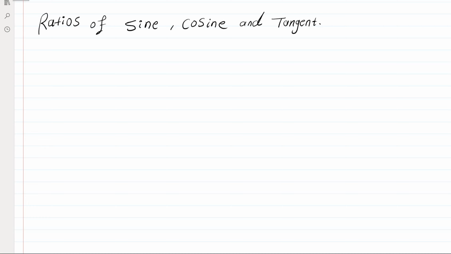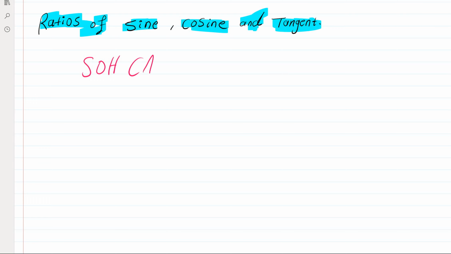Dear students, now let's learn the ratios of sine, cosine, and tangent. We have a word in order to remember the ratios of these three trigonometry functions, which is called SOHCAHTOA. Students, by this magic word SOHCAHTOA, you're able to remember the ratios. How? This S stands for sine,